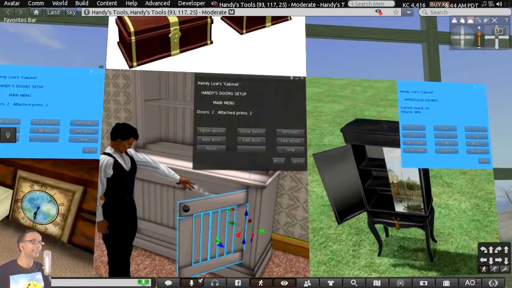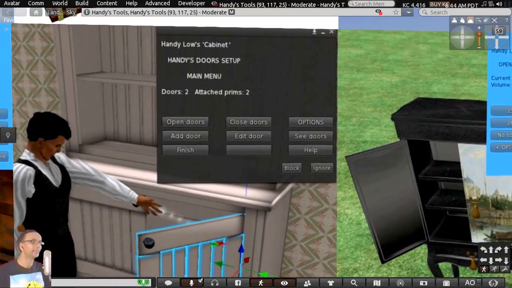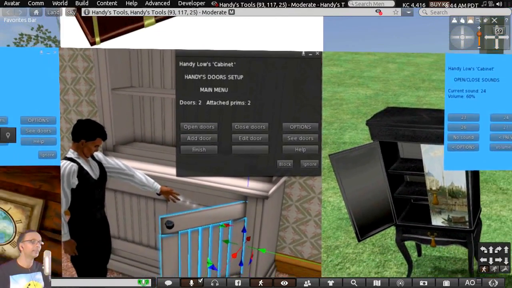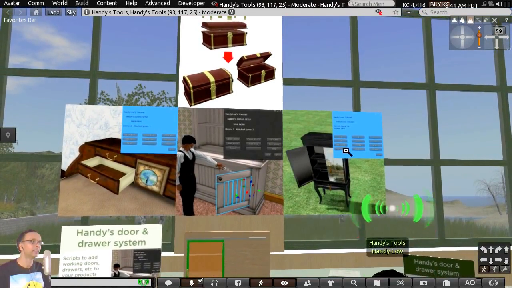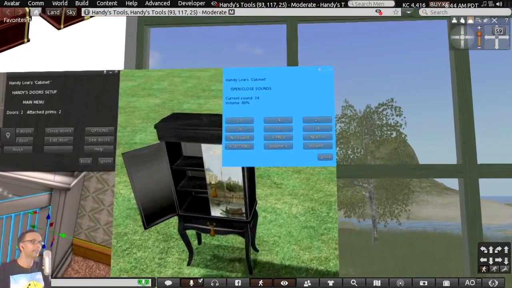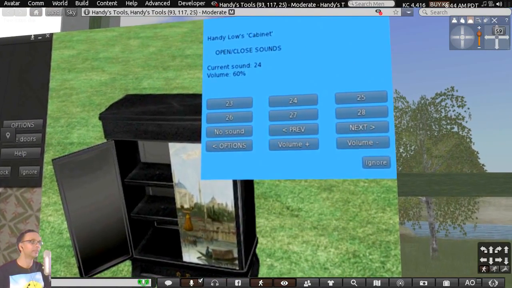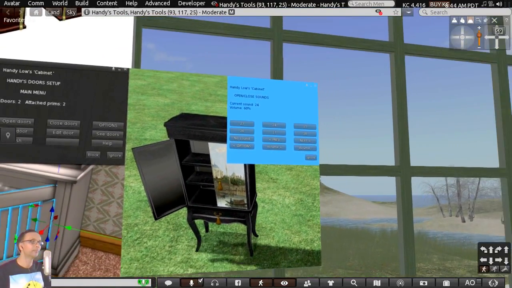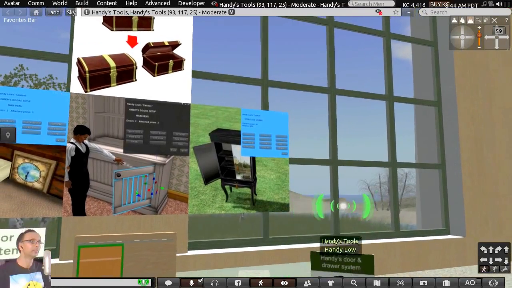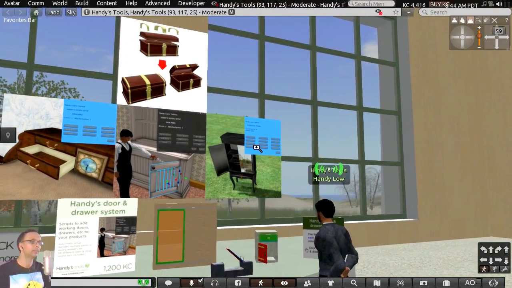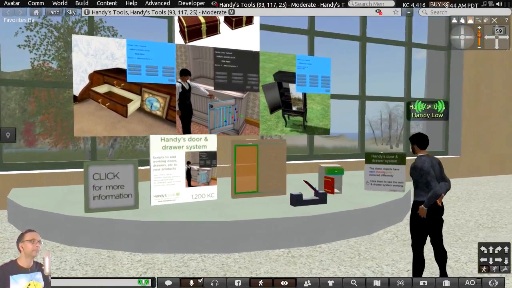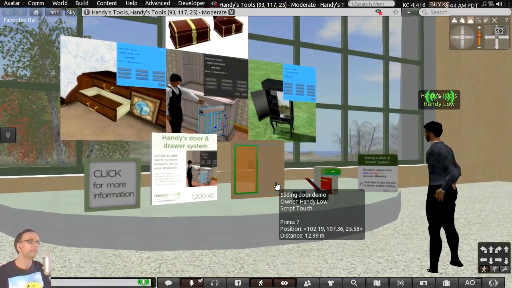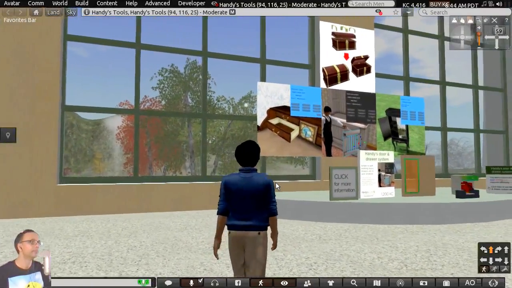Right. You have to know the numbers, you have to know the accuracies that you need, and so on. Yes. And with this, it's all hidden behind a menu. You can edit the door, move it into the position that you want, and say that's the closed position. Move it to another position and click another button on the menu that says that's the open position, and it's recorded, and it works from there. People have used this a lot in furniture, in houses, and in vehicles, and all sorts of things.